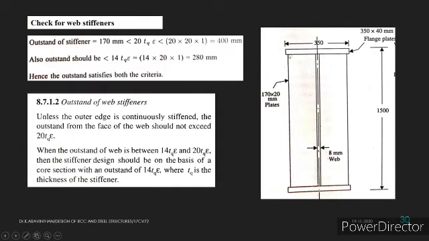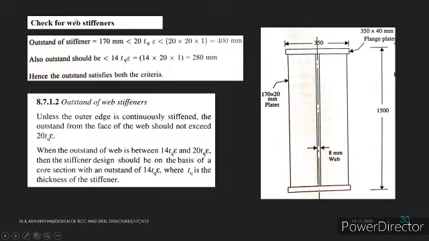See, we have provided 170 into 20 mm plates. So this width is 170 and the thickness along the other direction will be 20. It runs throughout the height of the web. So these are the plates which are provided for the end bearing. And if we are multiplying it by 2, why? Because we are providing two flange plates.